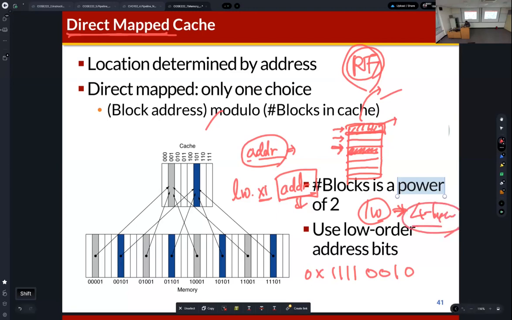And then let us assume that the size of a single cache entry is 4 bytes. Which means that the word data is transferred to the register file, and this word data is also stored in the cache. But we need to decide the target cache index. So direct map means that